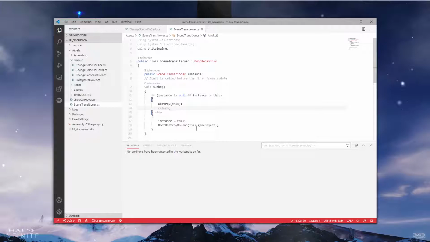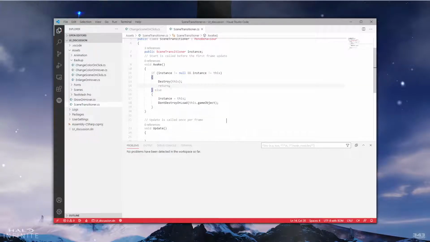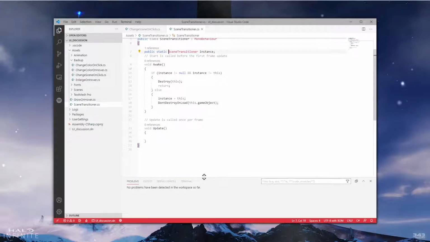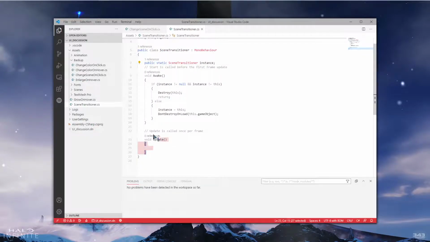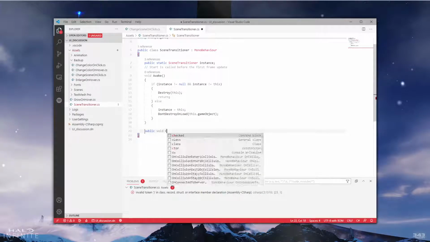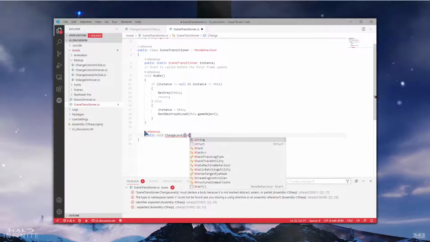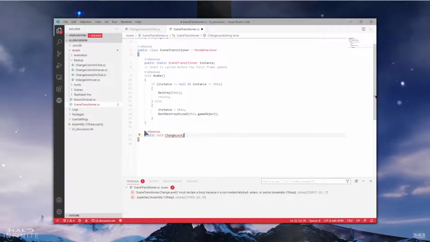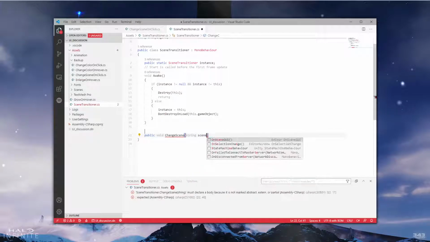Just add a return just in case. This will make our scene transitioner. We want this to be static because we want a singleton. Instead of void update, I'm gonna add a function, public void change level string or change scene string scene name,